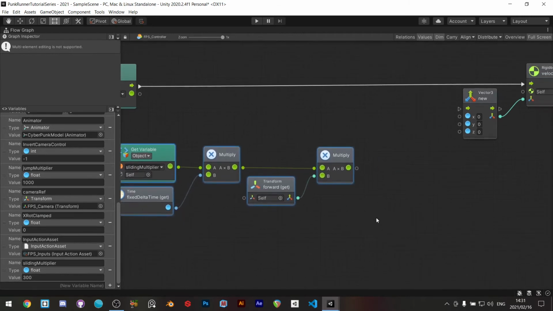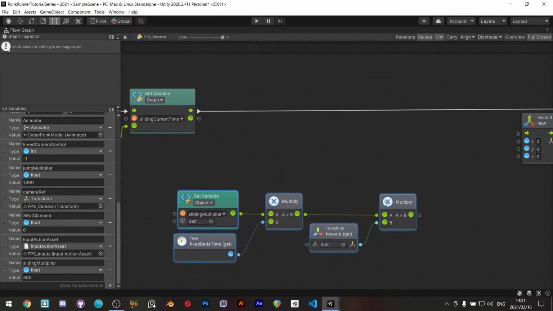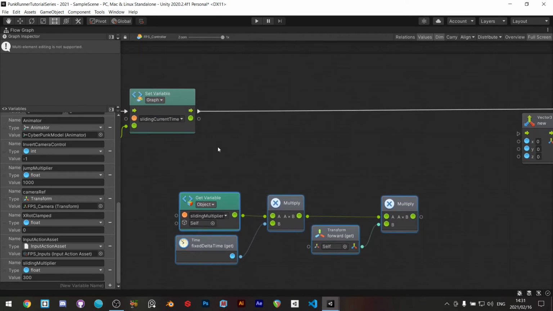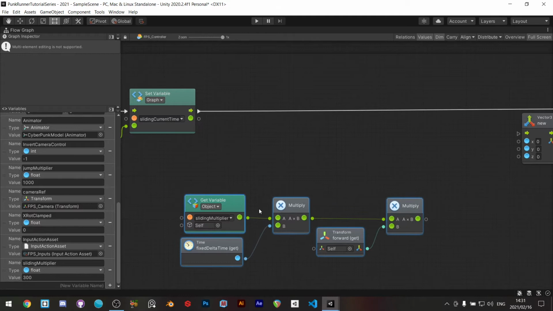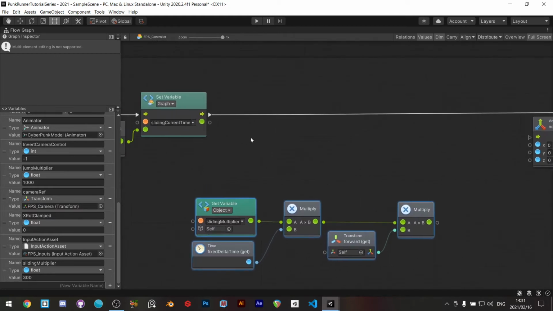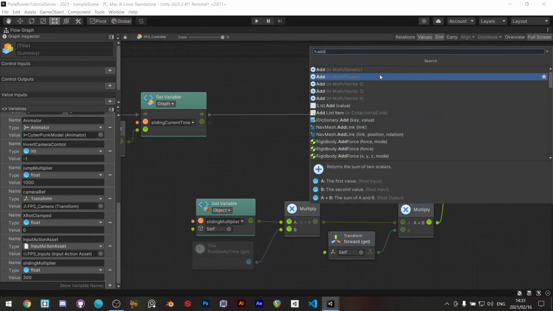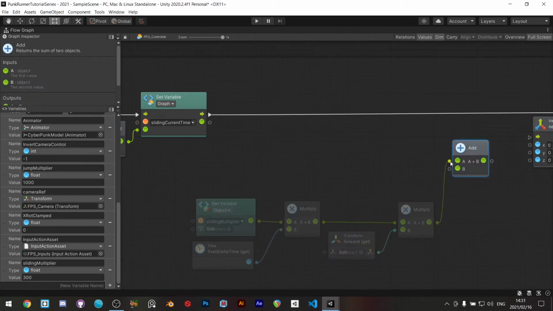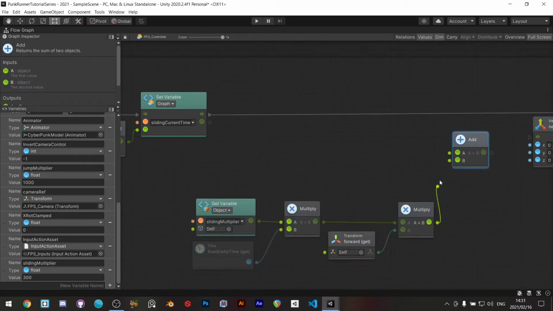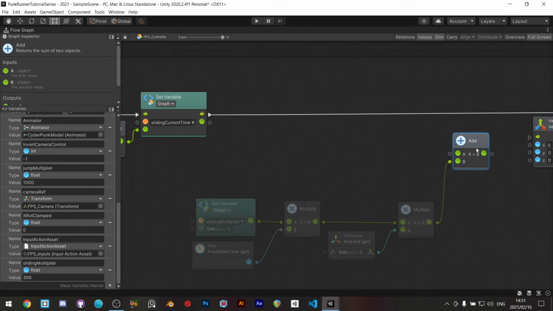There we go. And we're going to be combining that with, we're going to zero out any of the side movement. So we're just doing that for our forward. So let's just drag off here and type in add. I think I'm just going to add it like this. There we go. So we're adding this, and then the next one is going to be using